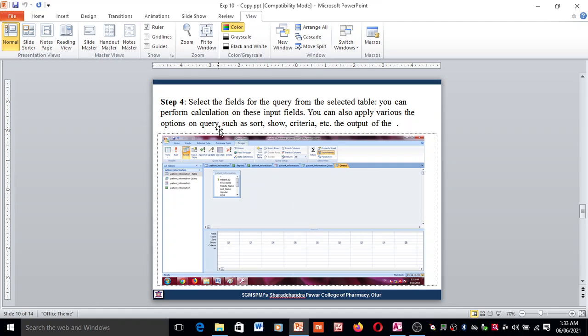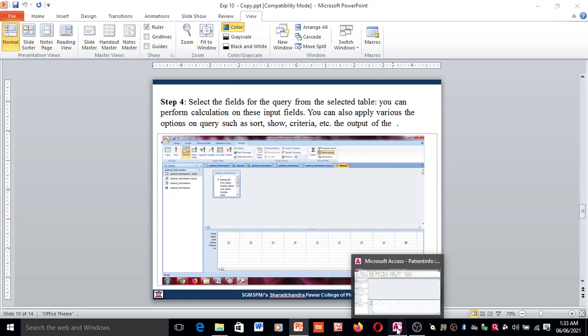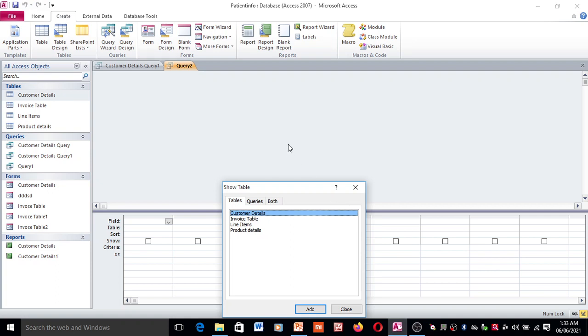After selecting your table or database, you see the query design view. Here you can see tables, queries, and both options are there.